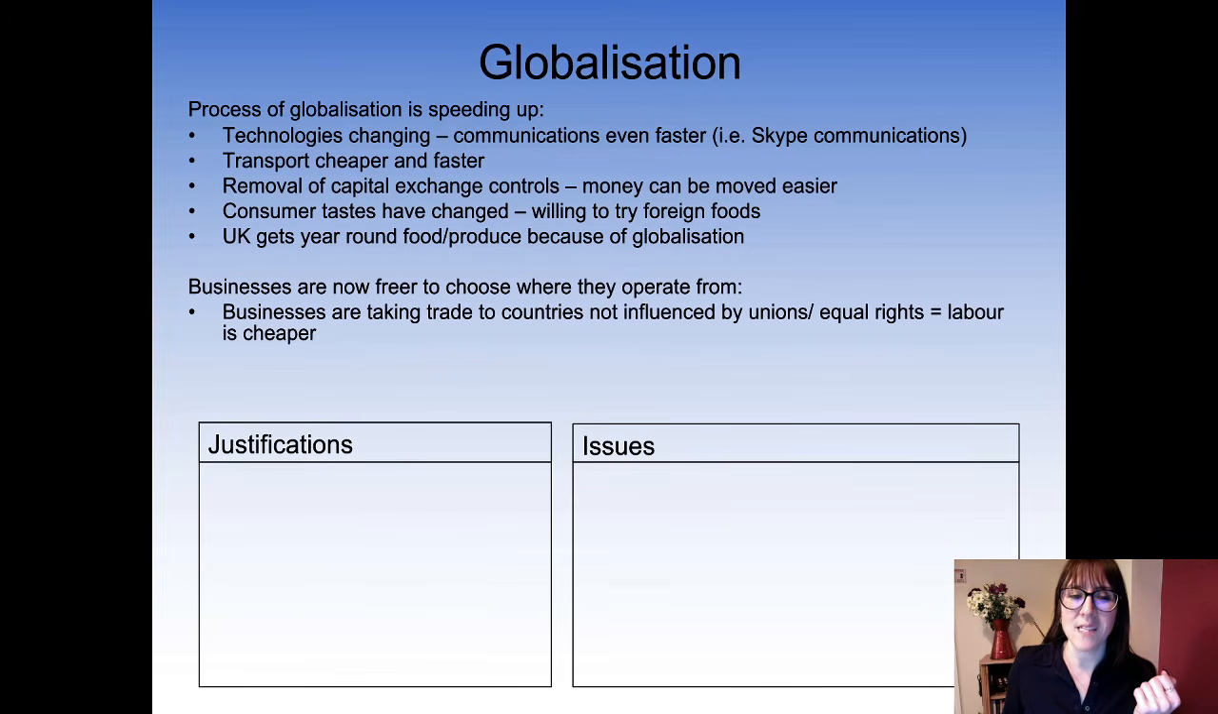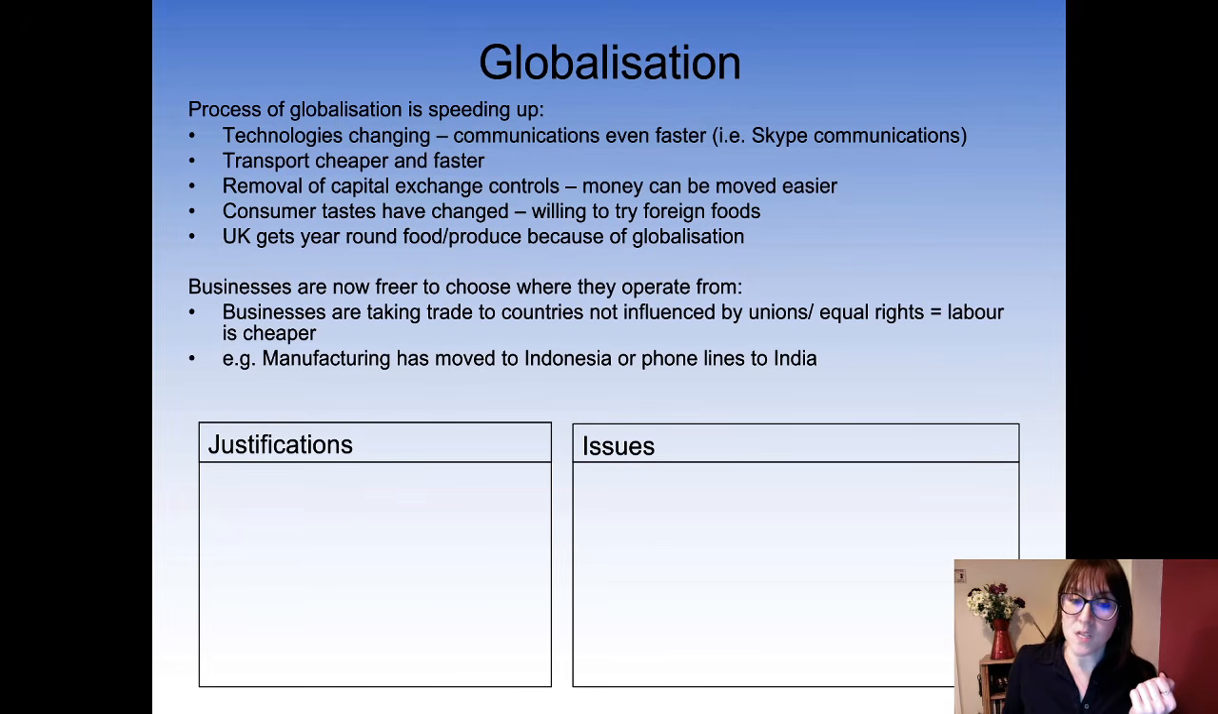So businesses are taking trade to countries not influenced by unions or equal rights, and therefore the labour is cheaper. Manufacturing has moved to Indonesia or phone lines to India. Interestingly, now companies actually say